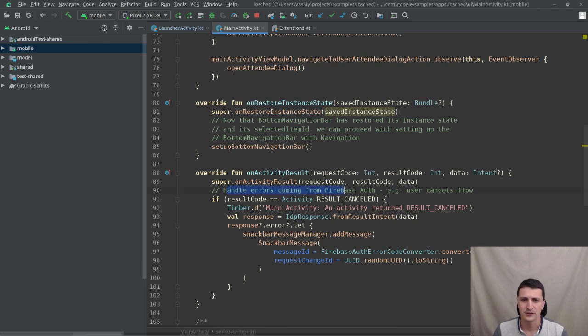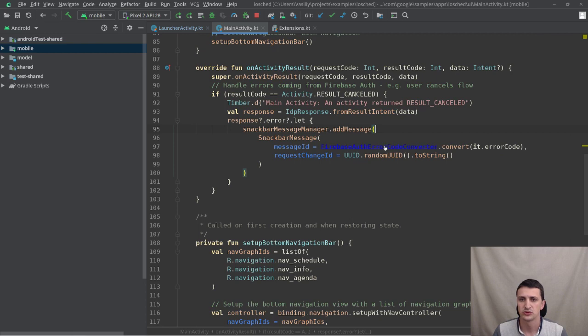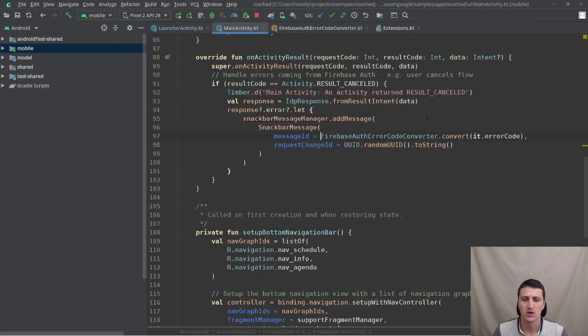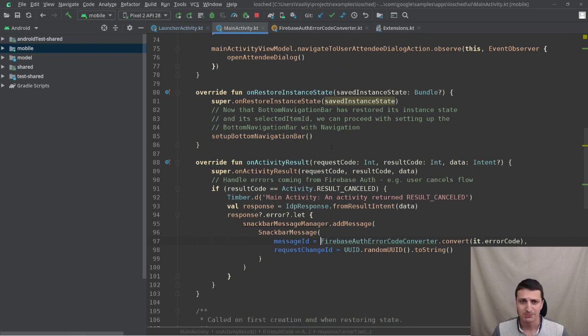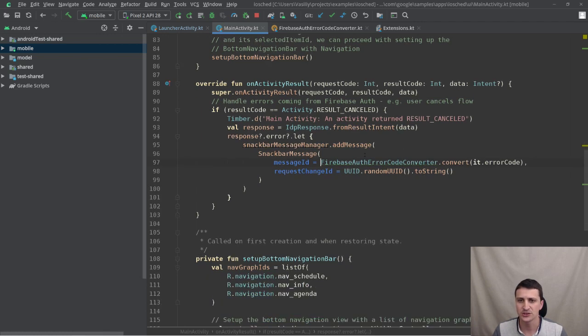If handle errors coming from Firebase authentication, e.g. user cancels flow. Okay, so there's Firebase authentication and it probably starts its own activity. I never worked with Firebase authentication, so I have no clue how it works. And yep, in some cases it can be cancelled and we want to do something. I just wonder where the authentication is started. Well, anyway, somewhere Firebase authentication is being kicked off, and when your user cancels authentication, we come here and